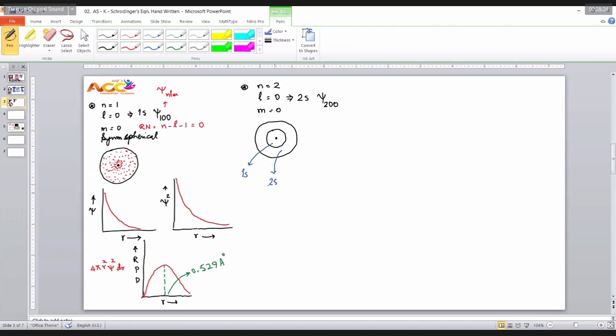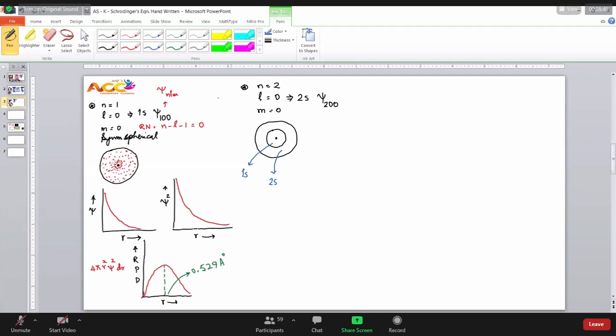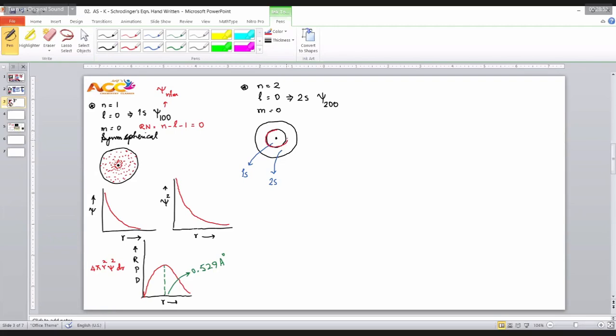No problem. One time when I am saying, where are you? You said, sir, I am in the wall between the study room and the bedroom. Yes, what is a wall? The wall is part and parcel of your room, but you cannot enjoy that space. That is known as a node. A node is a place, a surface, a plane where there is no chance of finding the electron. And where is that? Somewhere here. This is the nodal surface.